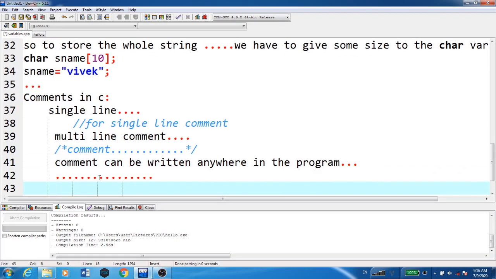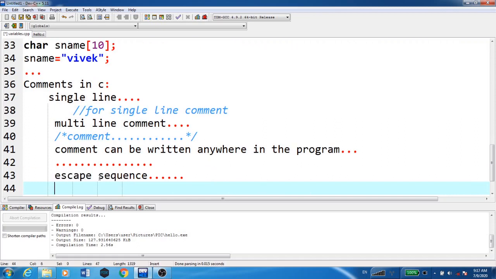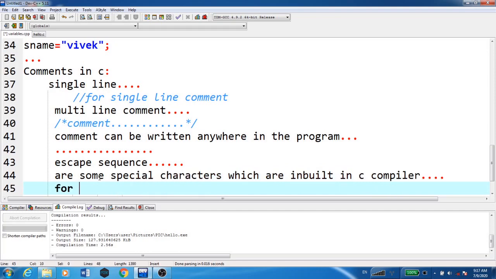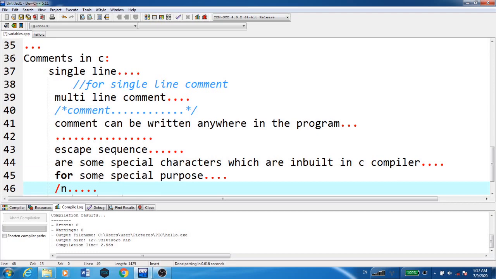Right. Next we will see about escape sequences in C. Escape sequences are some special characters which are inbuilt in the C compiler for some special purpose, like \n is a special escape sequence for moving the cursor to a new line.